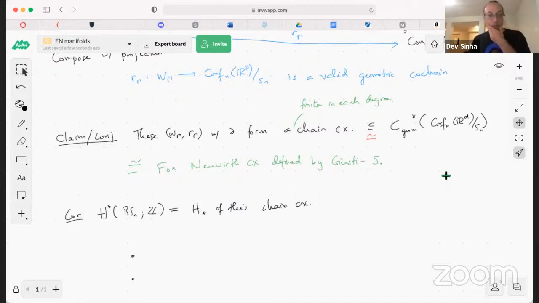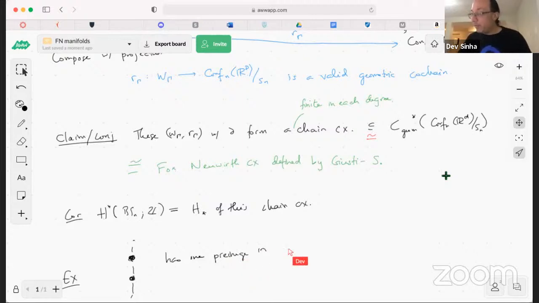But for example, let me give you a little example of what's going on. This point here, if they share the first coordinates, has one pre-image